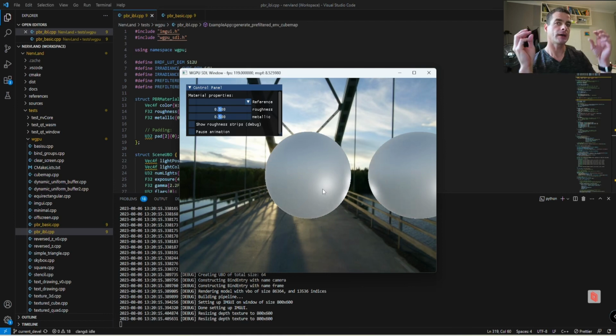And you can have different lights in your scene lighting this object, but you also have an environment around your object. With IBL, the idea is you can use a cube map representing the environment around your object,